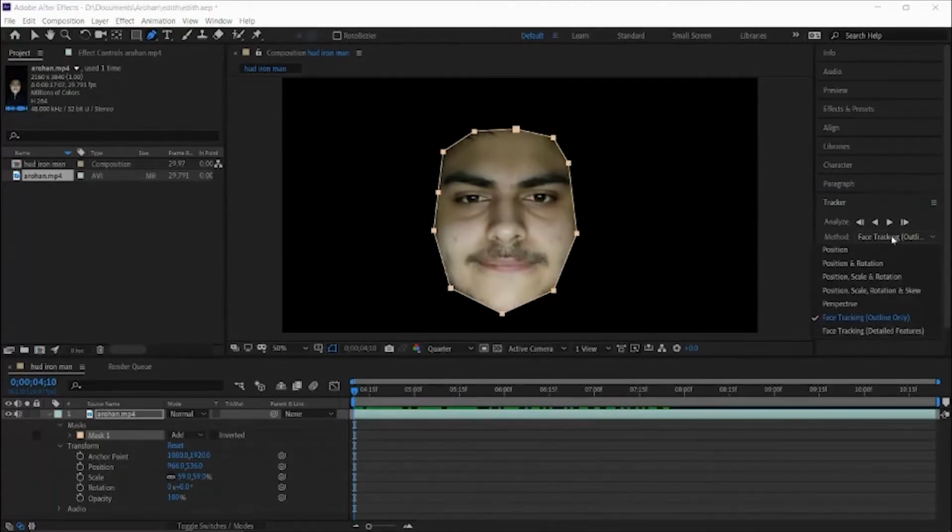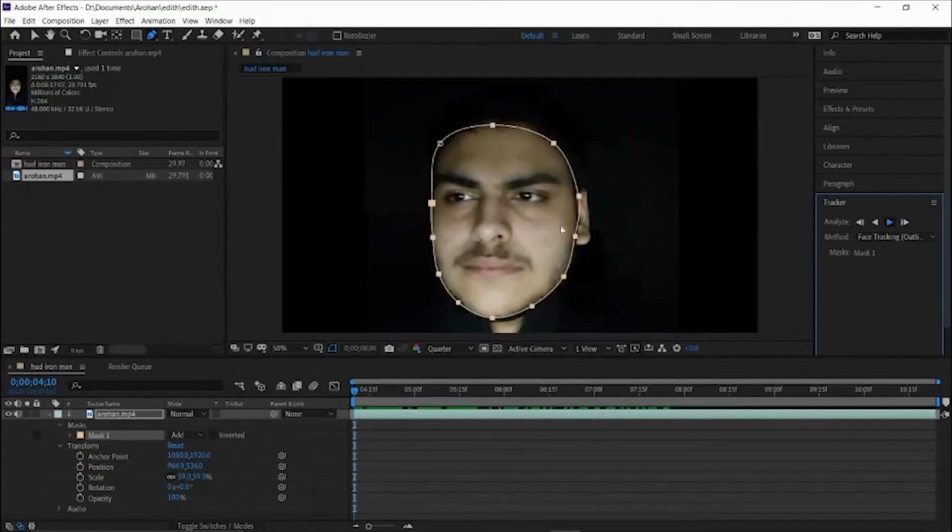Initially it would be the position method, so select the face tracking outline only method and click this arrow. It will track the mask easily.